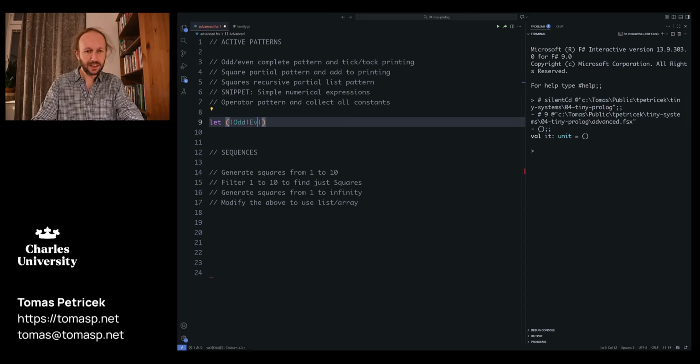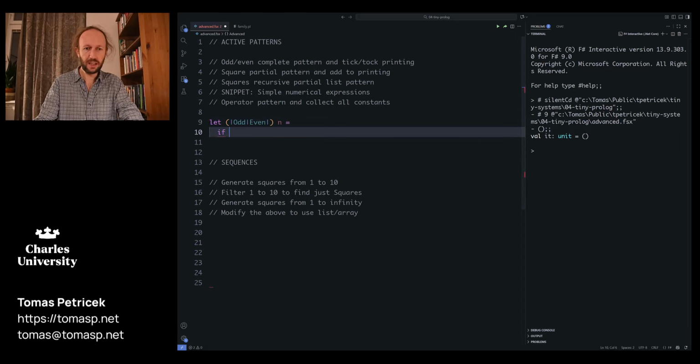The syntax for defining an active pattern is, again, we are using let, but rather than putting a function name here, we use this special funny banana bracket syntax where you open it and then you list all the different cases that you can recognize and then you close it. So if n is divisible by 2, then we are going to return even, otherwise we're going to return